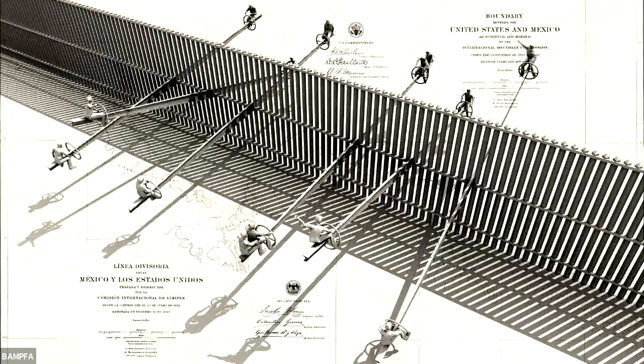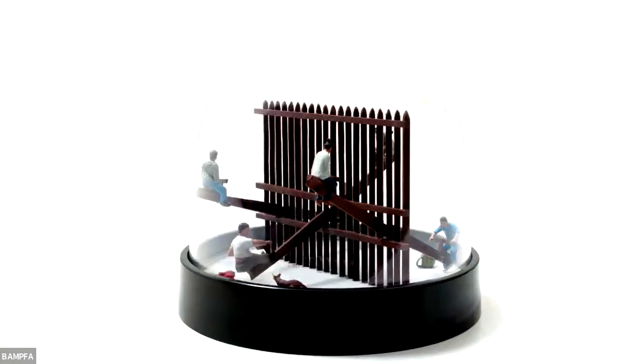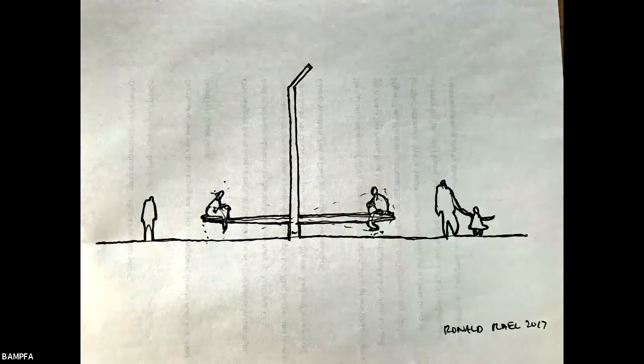So one of the illustrations we did, imagine the border as a metaphorical fulcrum between US-Mexico relations, labor balances and trade balances. And so this was the drawing that we created, and this was the model that we created, which you can see there also. But it resonated with people so much that we began to imagine this becoming a reality.